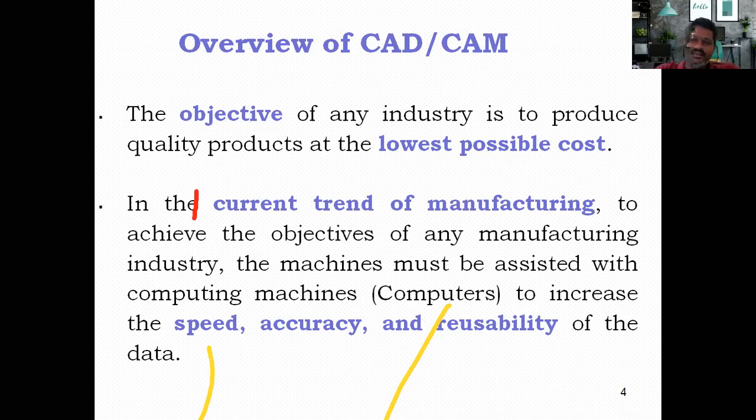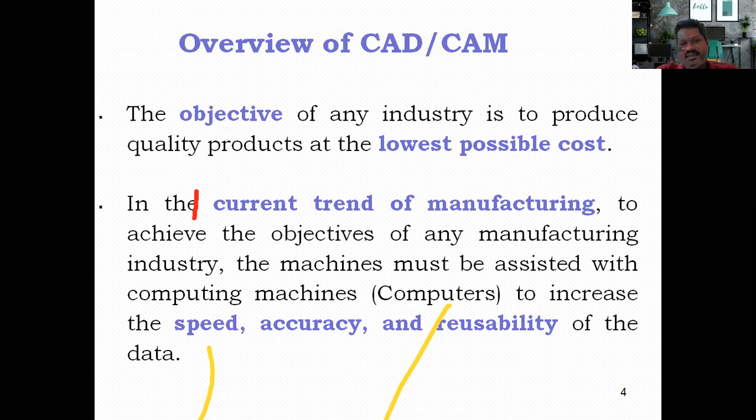But it is a real challenge for any industrialist to produce products with the lowest possible price and high quality. That is the challenge. The firms or industries that are in a position to relate these two terms effectively can survive and shine in the market, in globalization. So this is the objective of the industry.